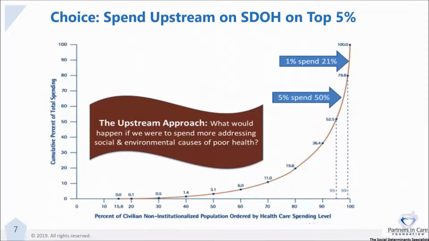So this slide, I think, is a really important one when we're talking about social determinants of health and really getting an understanding of how the United States spends healthcare dollars in a way that's different from other countries. In the United States, about 50% of healthcare expenditures are made on 5% of the population, the sickest 5% of the population, and 21% is actually spent on 1% of the population, where we spend very little on public health, looking much farther to the left on this slide, where other countries, as you'll see in the next slide,